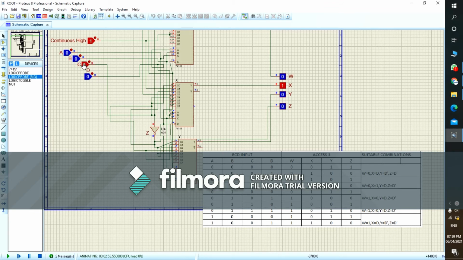So let us change the number again. Let us have 1. So its XS3 number should be 0100. As we can see, the output is 0100, which is equivalent to the table 0100. Similarly, if we change it to 3, now it should be 0110. So we can see it is 0110 in our XS3 column. So now we will change it to, say, 7. So it should be 1010. So now we come here to 7.